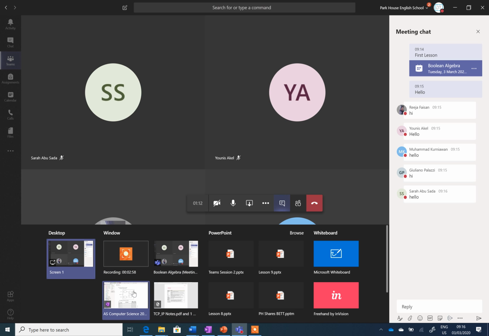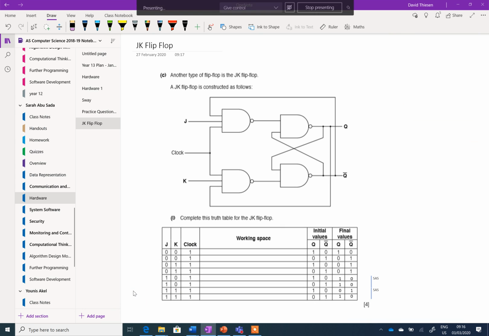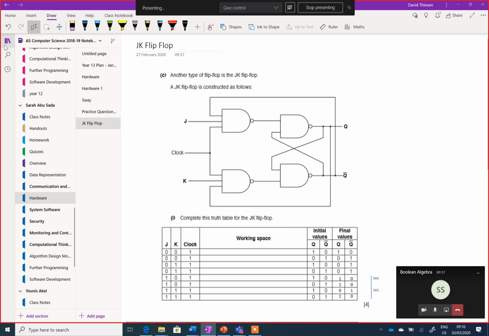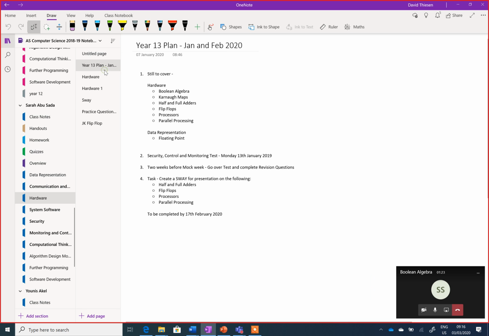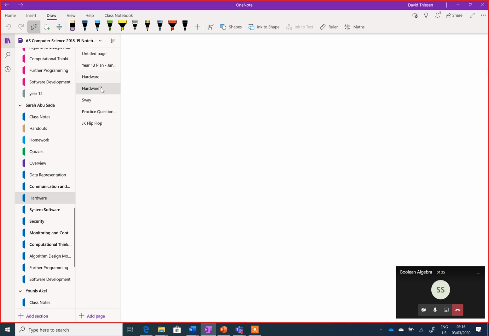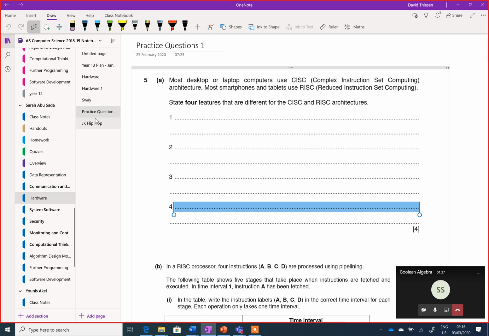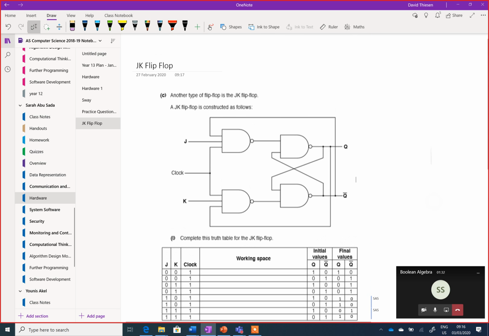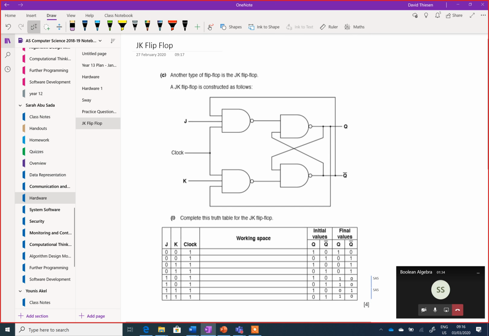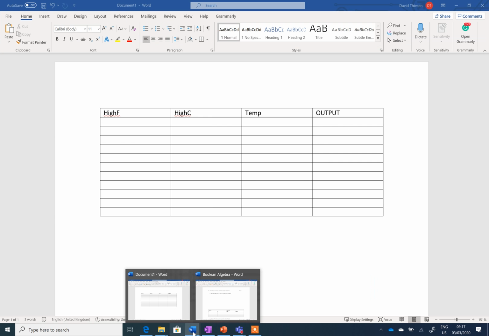So for example, if I was to click on this OneNote, here I have my AS Computer Science notebook open, and this is some of the stuff we've been doing in the past. So I can kind of go between these if I need to. And I can obviously scroll down and they'll be able to see this live from their screen. Yeah, so that's one option they have, obviously, is the ability to use OneNote with them and they can see what you're doing. Other options would be potentially